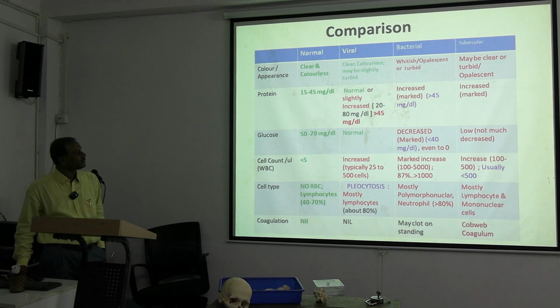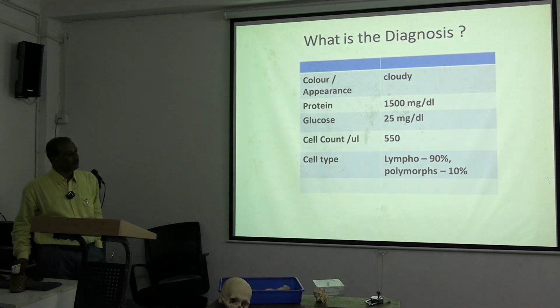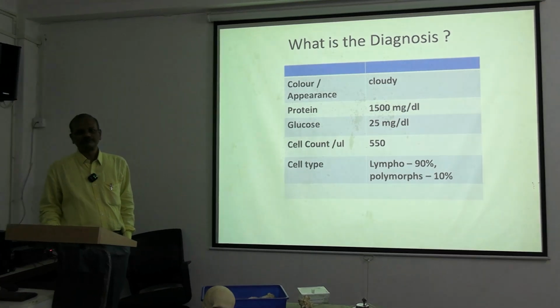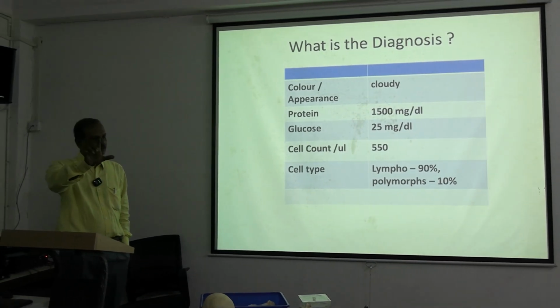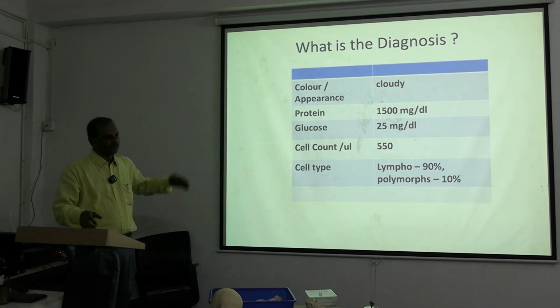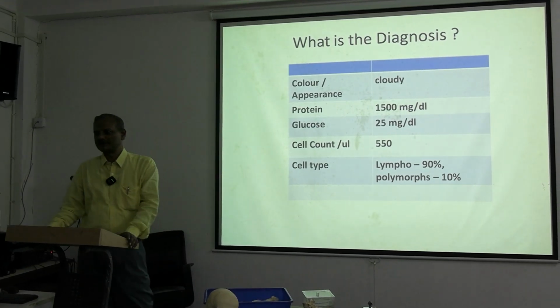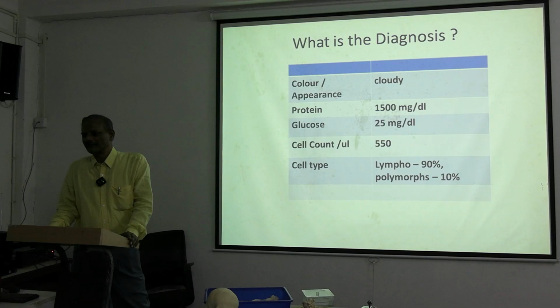I think you are now restless. This is a comparison point, what I have told. Now, one of you has to say what the diagnosis is. Because as I told you, a history will be given, and then this picture, CSF results show this finding. What is your diagnosis? Other questions will be how CSF is formed, how the material is formed, this type. Now you tell me the diagnosis.